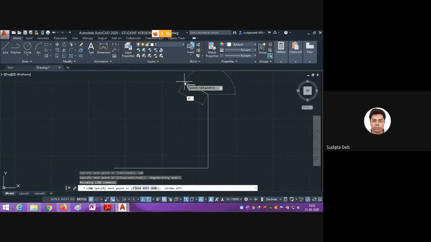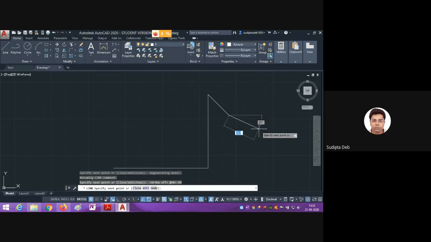Now, okay, next part, angle. For the angle, I have given distance 40, but what will be the angle? I am using less than. If I use minus 45, what happened? Let me see. If I use minus 45, press enter. It is measuring in which direction? This angle is being taken in minus. Okay, let me delete this part.